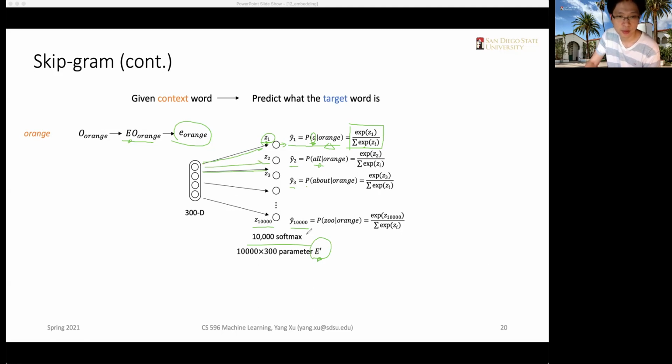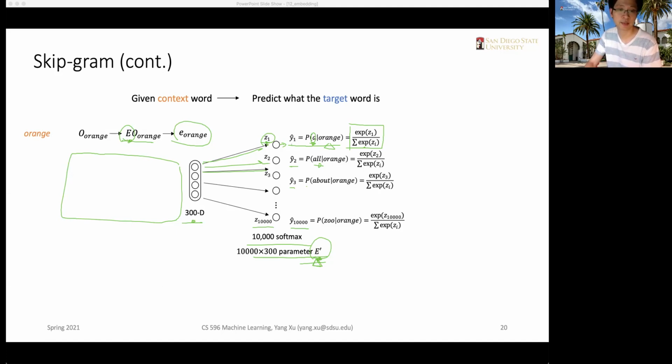This second set of parameters, we will call E prime, because it is different from E. E is at the left side of this model. E provides the inputs in this 300-dimensional vector, and this 300-dimensional vector will be multiplied with the second parameter, E prime, to construct the Zs,